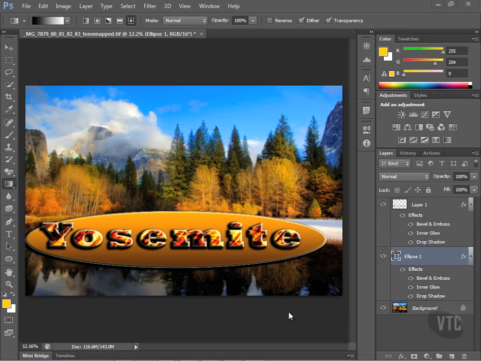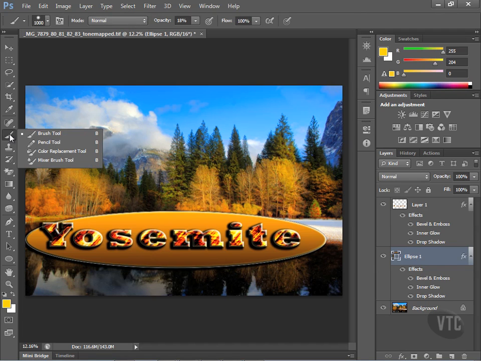Now let's take a look at what I like to call the brush color picker, but technically it's called the foreground and background color picker, and it's located at the very bottom right here. And I'll go ahead and click on it. Now you may recognize this little doodad from previous demonstrations, particularly surrounding the brush tool right here, and of course